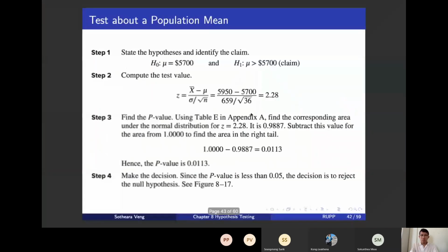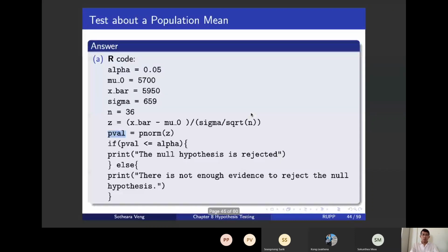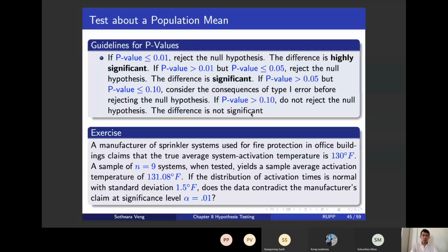I don't know which example this is, but the code is for the p-value. This is an example. You can try this by yourself because we have several examples here in the slide. I will send you the slide again because a while ago I noticed some